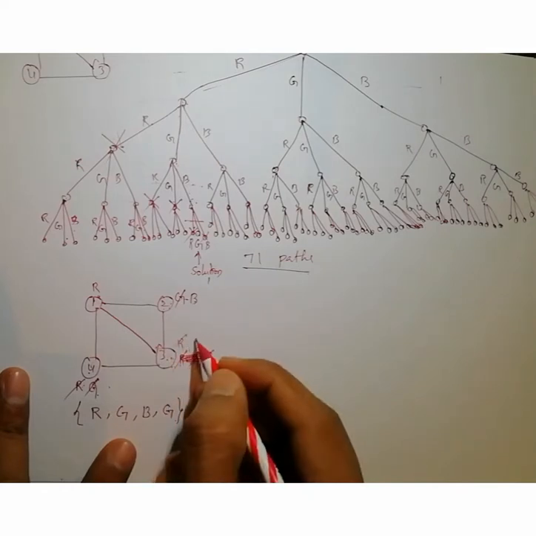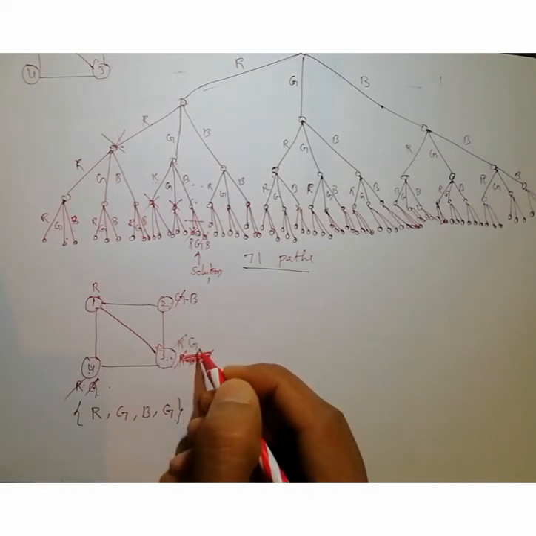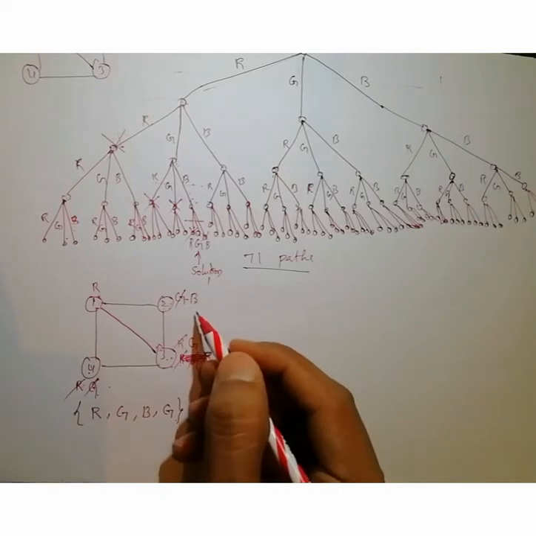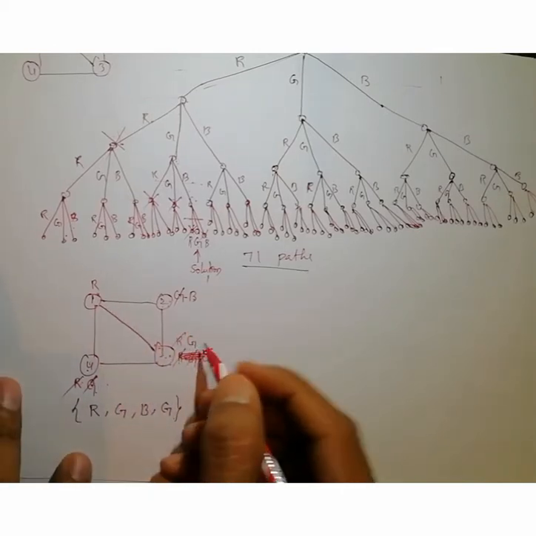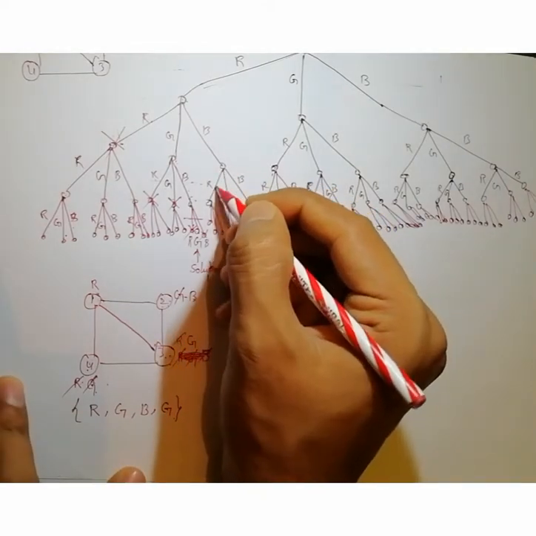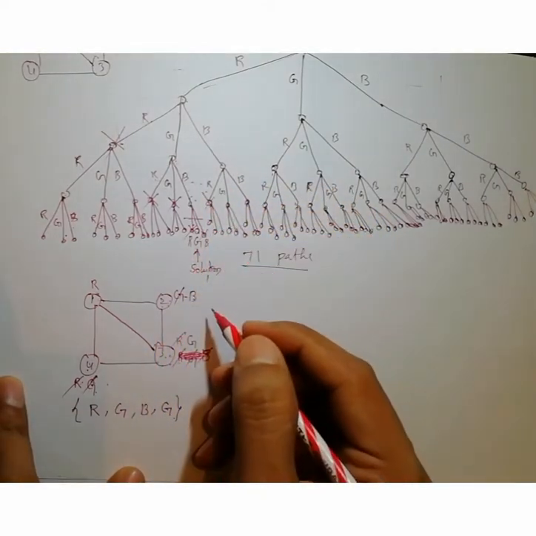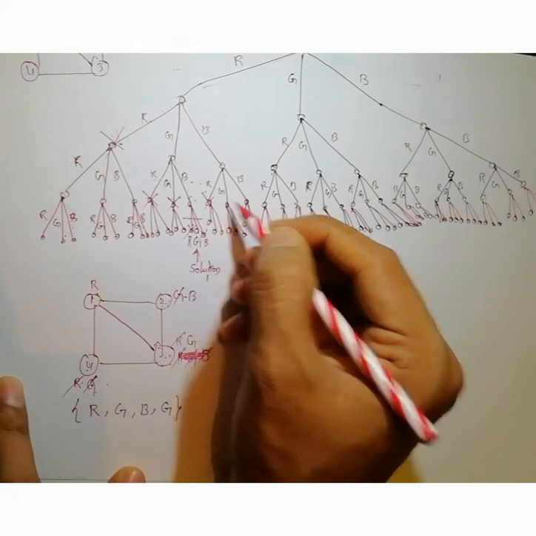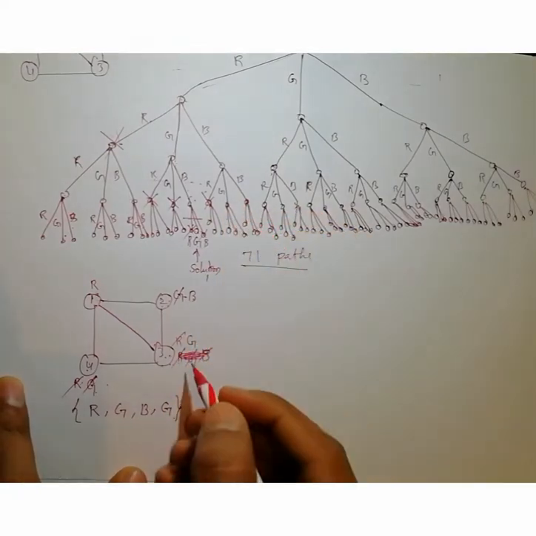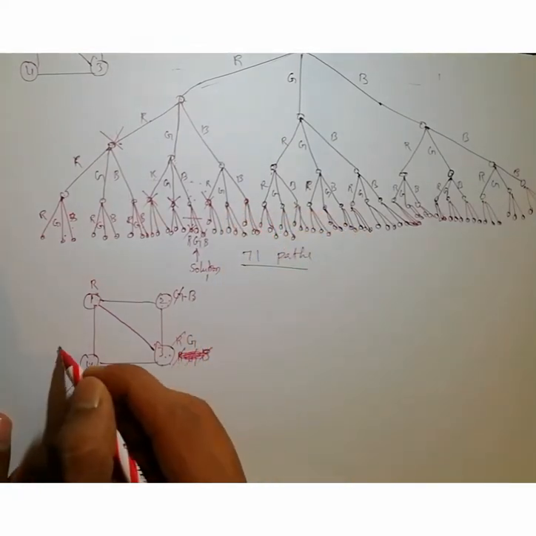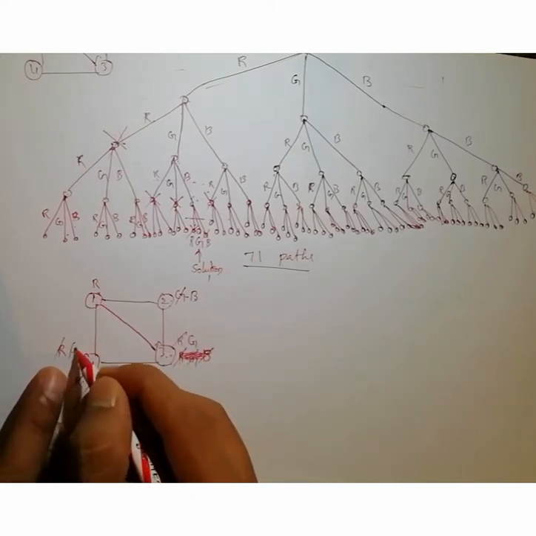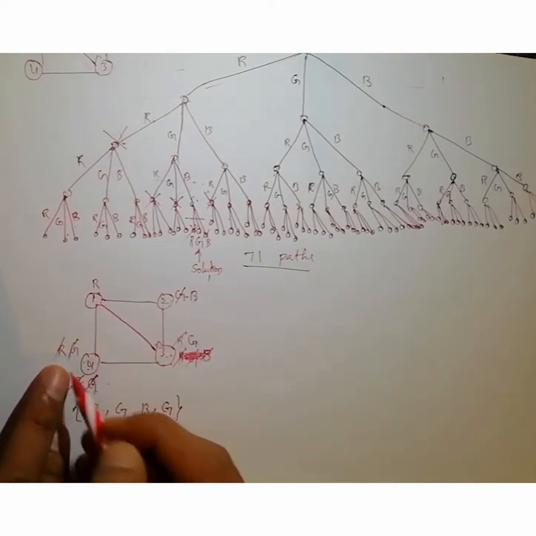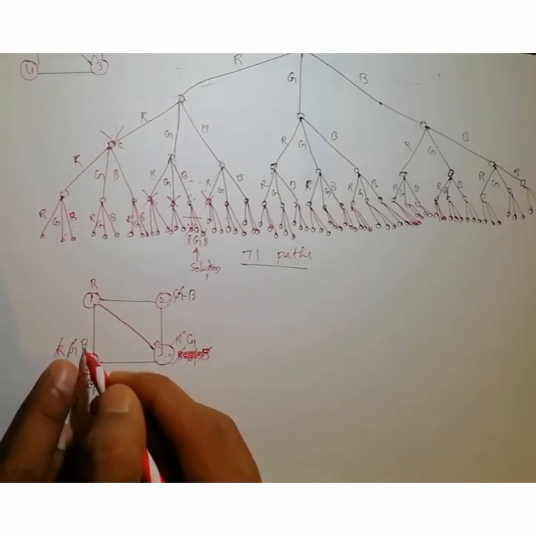So next, can I give green color? Yes, I can give, because here the second vertex is blue, the first vertex is R, so I can give green color here. That means I can't give red color, so I can kill that. I can give green color. Okay, next RGB. So for the fourth vertex, can I give red color? No, because the adjacent vertex has the same color. Next, can I give green color? No, because this and this are green color. Next, can I give blue color? Yes, I can give now.